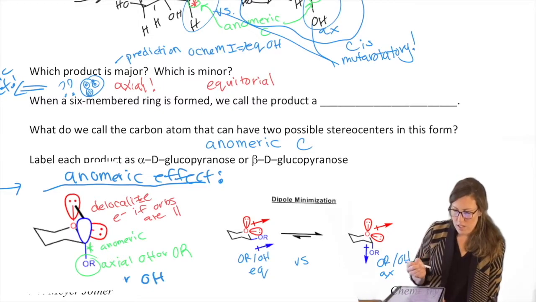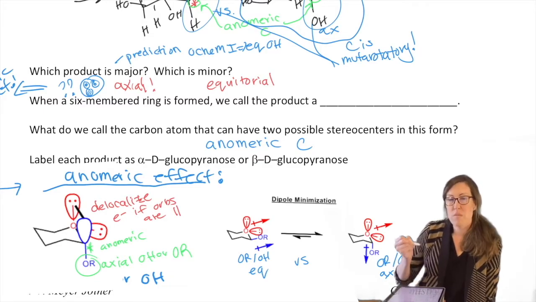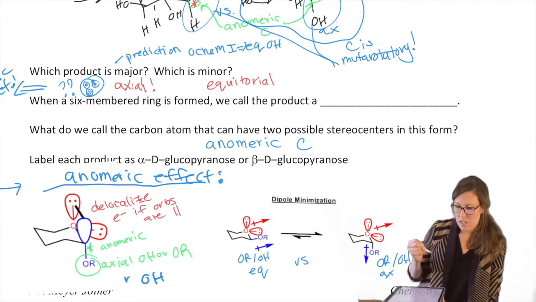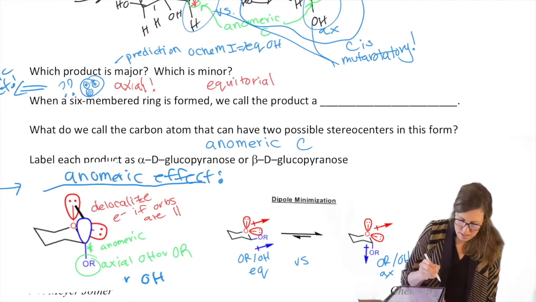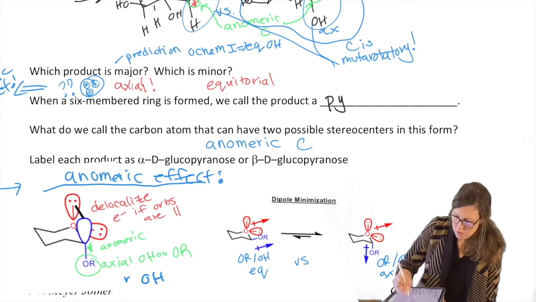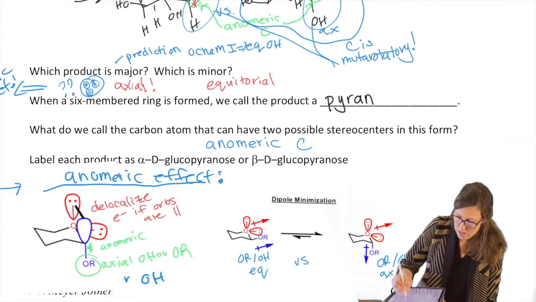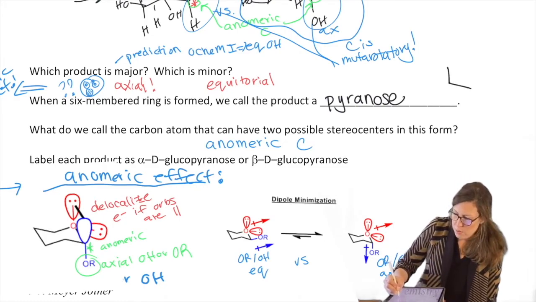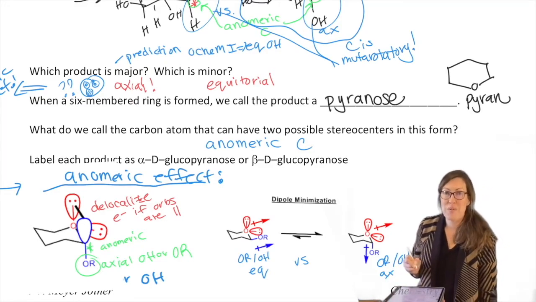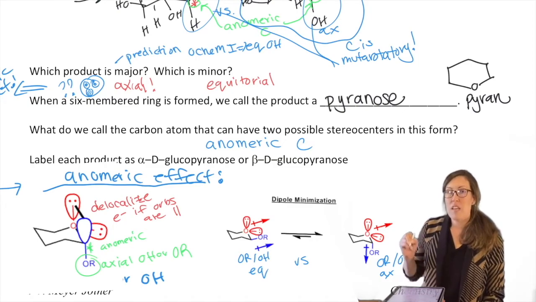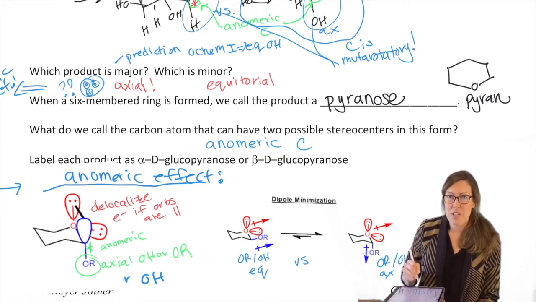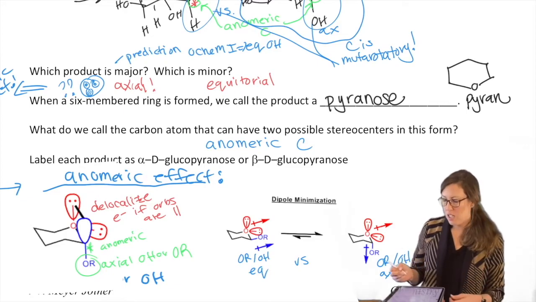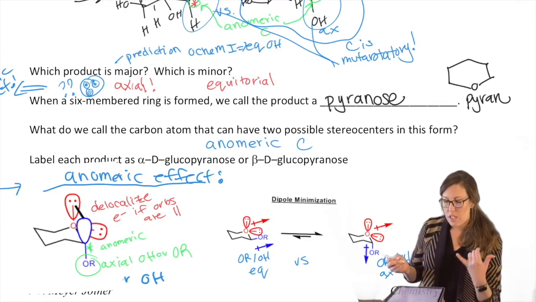So what do we call the ring form to set it apart from the straight chain form? For the one that has the ring, we include the name pyran because it's a six-membered ring with an oxygen, and put the -ose ending to indicate it's a sugar. So remember, pyran is this. That's our heterocycle with oxygen as part of the six-membered ring. If it's part of a carbohydrate, then it's a pyranose. Sometimes it's pronounced pyranose. So pyranose is when it's in the ring.